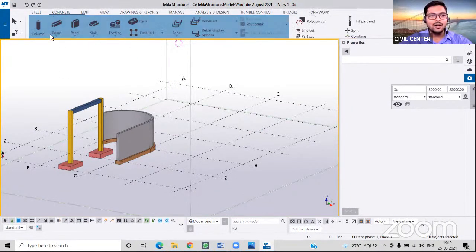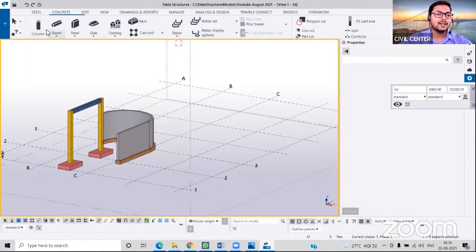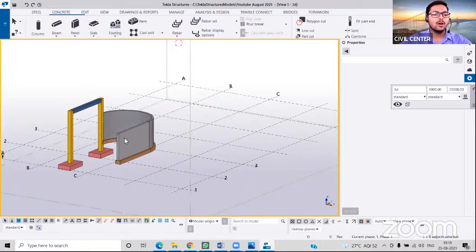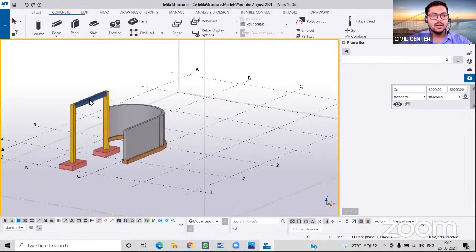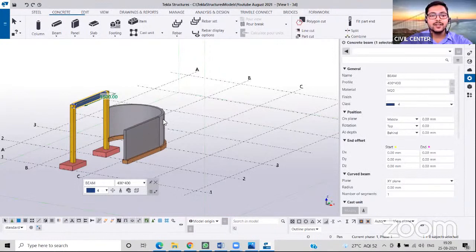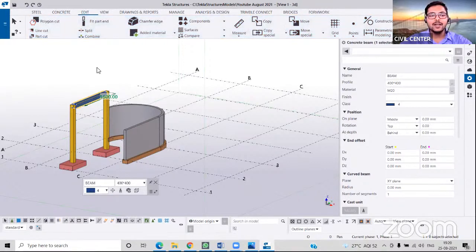So far we have already completed how you can model the beams and the columns, panels, slab, and also the footings. All these have been already covered, and you can see one of the beams, then the column, then the footing, the pad footing and the strip footing, both the panels, the straight one and the curved one. Everything has been already modeled over here. Now we will go to the edit command, and over here we will learn about the different edit commands that we will use while doing the detailing of a 3D